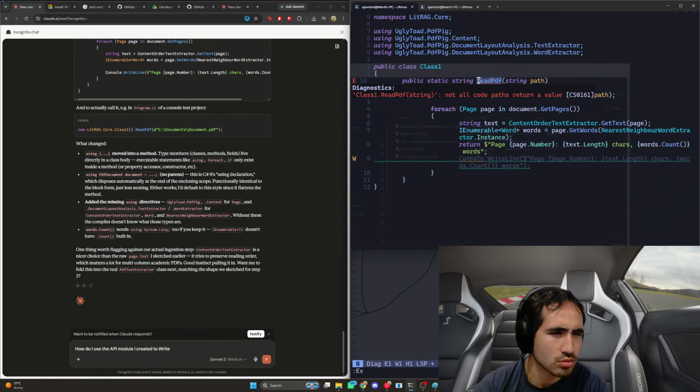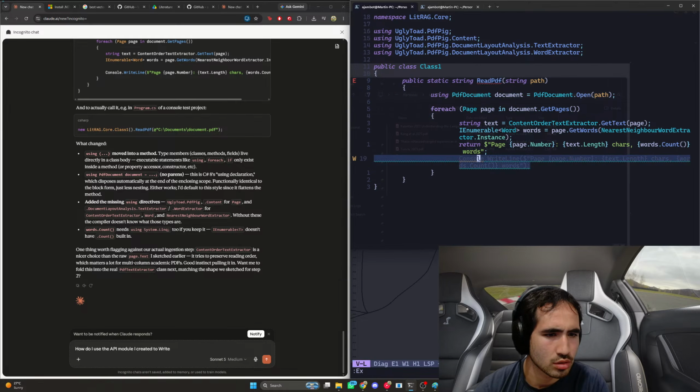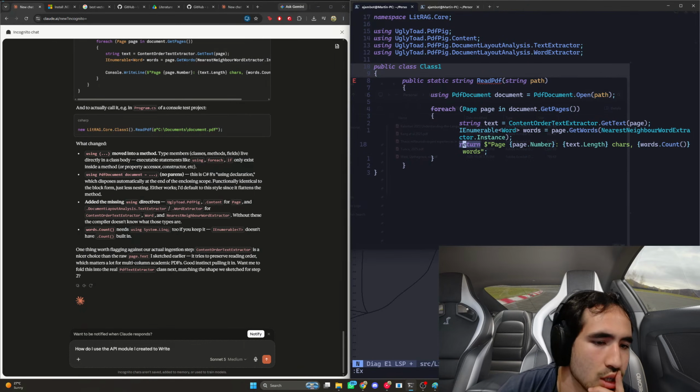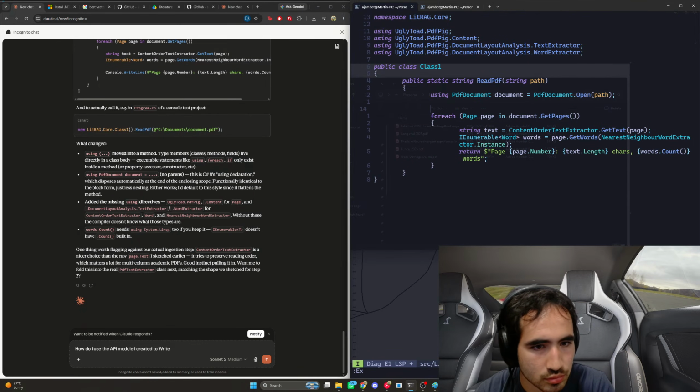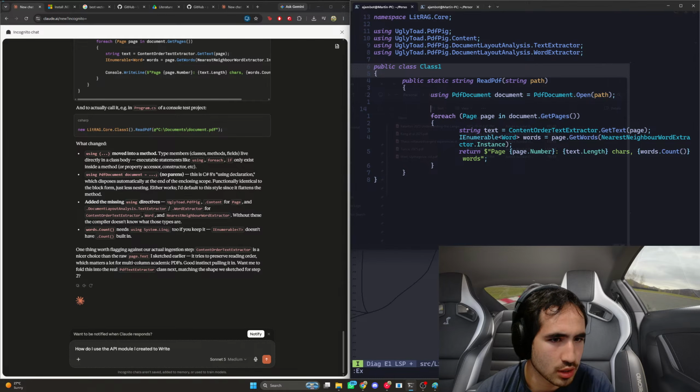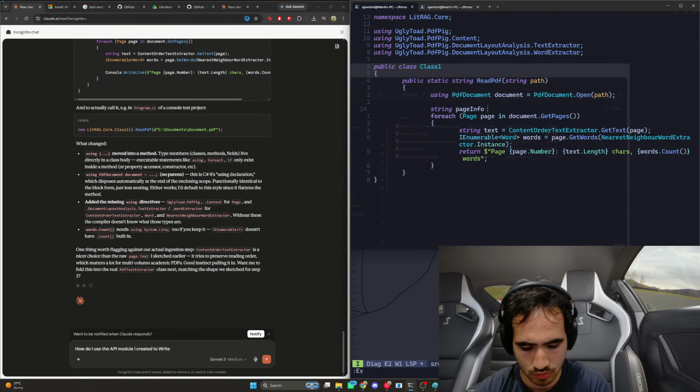Not all code paths return a value. Oh, because it does this for each page. Okay, so we're gonna just create an array. How do you create an array? String page info equal that.